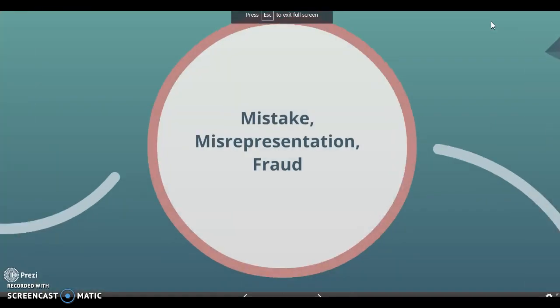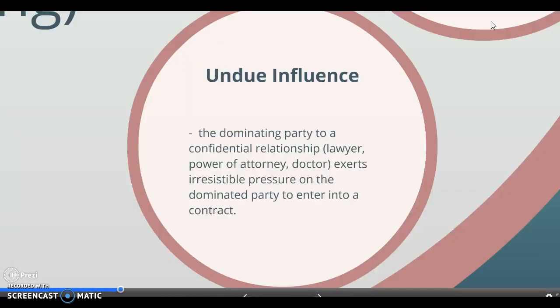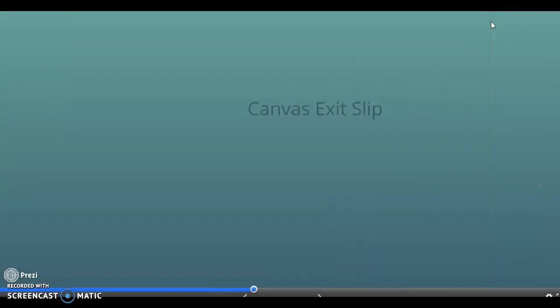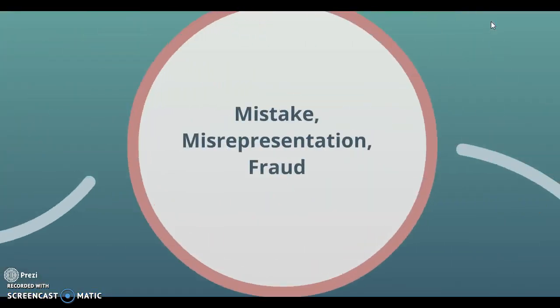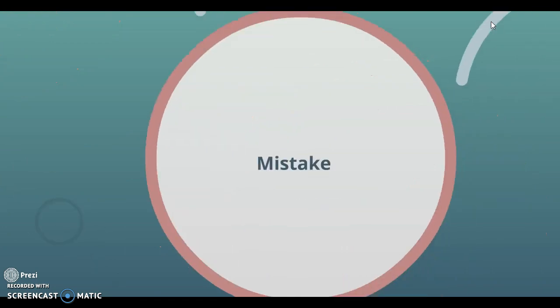So mistake is a mistake. It's an accident. Sometimes in contract law, or in contracts, or in life, really, people are going to mess up. So you make a mistake. So you, in a contract, accidentally thought that the car was a 1979 and it wasn't accurate, or something like that.